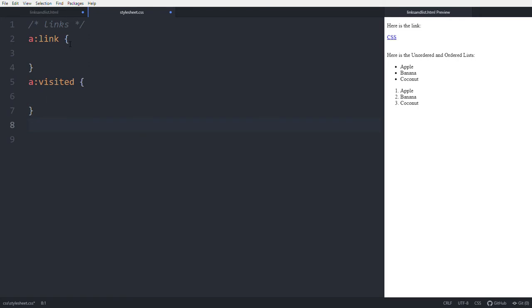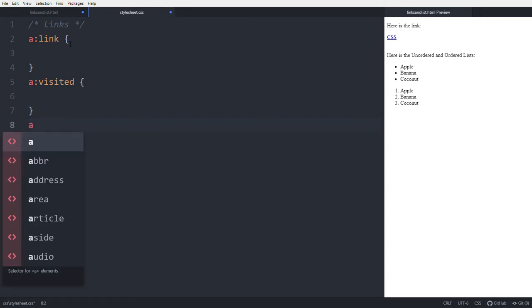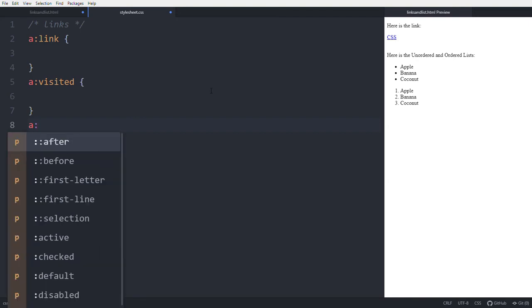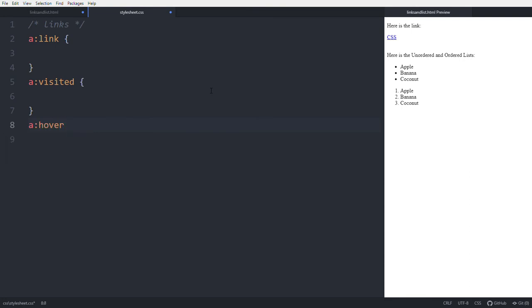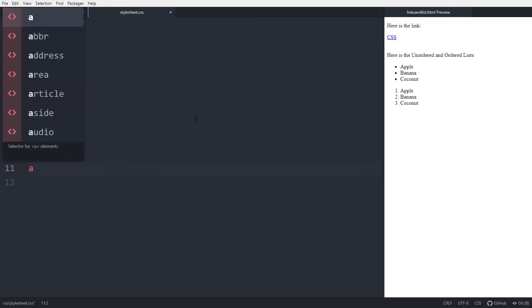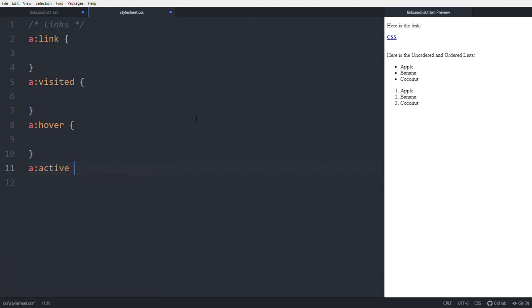And the next one is when the mouse cursor is moved to the link, then this block of properties will execute. That is hover. The next one is when the user clicks the link, then these properties show. That is active. These are the four things going on with the links. First, we'll make these two things as one, separated by comma. See, we'll modify these things with this.